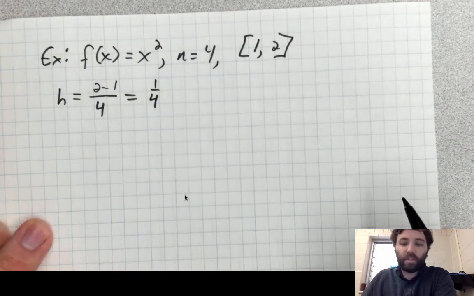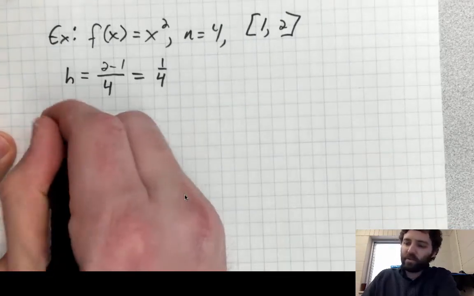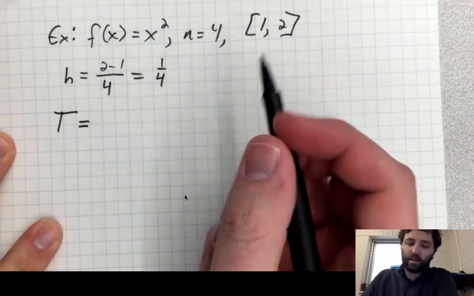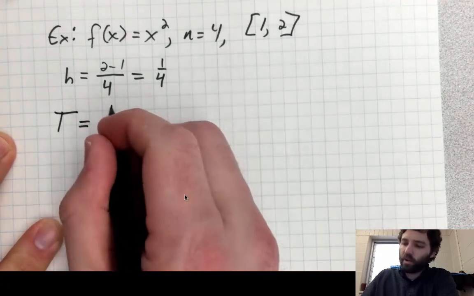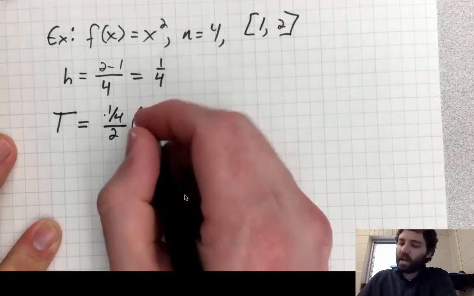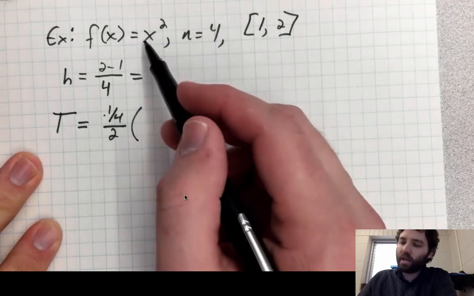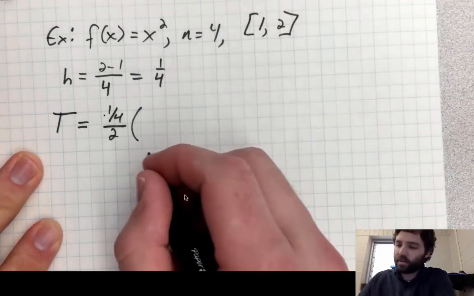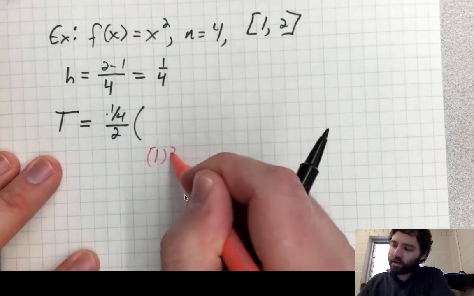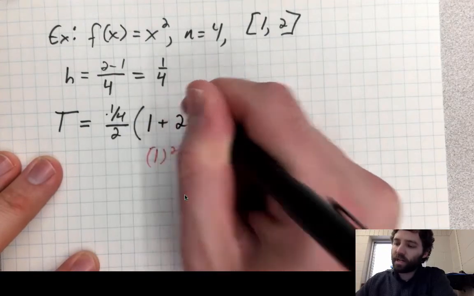Okay, now we have mostly what we need for the formula. So the area using trapezoids, we'll call it T, is equal to h over 2, so 1/4 over 2 times, and then it would be y sub 0. So when you plug in 1, I'll write that down here below. So 1 squared will give you 1 plus, and then it will be 2 times